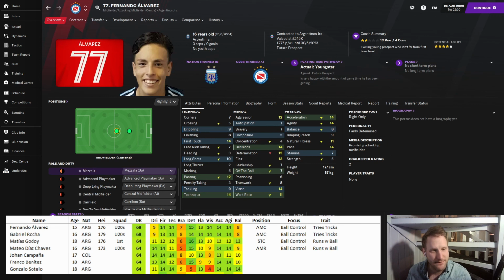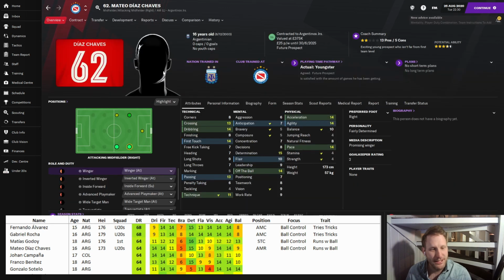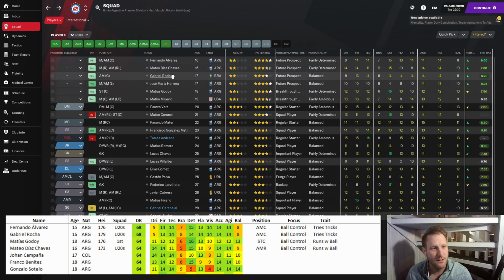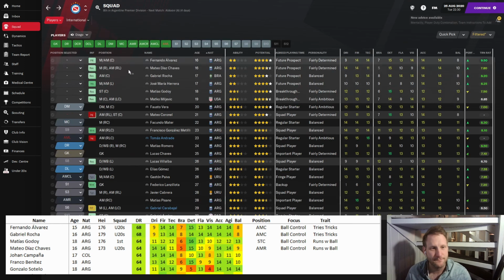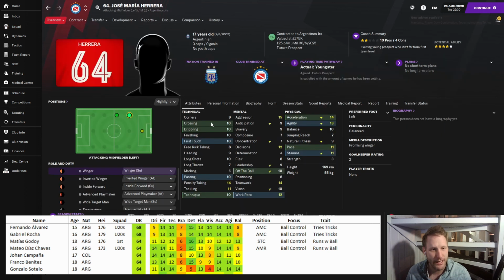Fernando Alvarez. Looks like he's improving. Mateo Diaz Chavez. Not improving that much, you see. Gabriel Roja. Improving physically, hopefully. And Jose Maria Herrera. Meh.